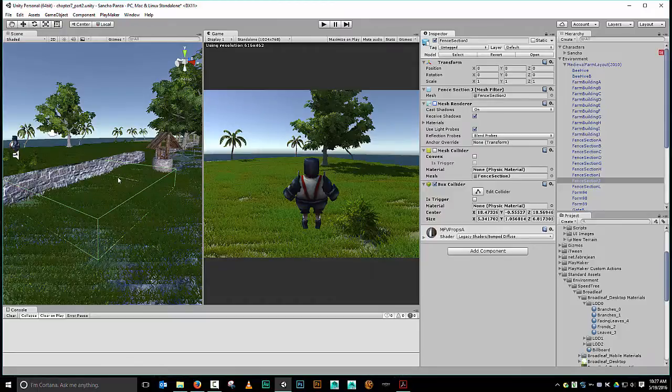There's a problem here though. This is a complete box. That means Sancho cannot run inside here. Whereas with the mesh collider, see that opening we had right there? We could run in there. Well, we can't with this. We have a box collider that forms a boundary around the whole thing. It also means that right inside here, we can't get there because that's part of the collision. So while I can do this box collider, and while it might work really well on many things, for instance, this,